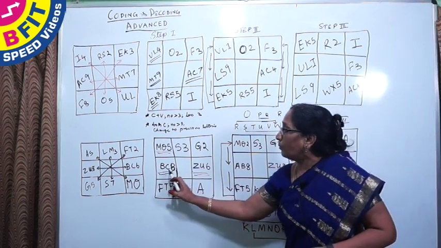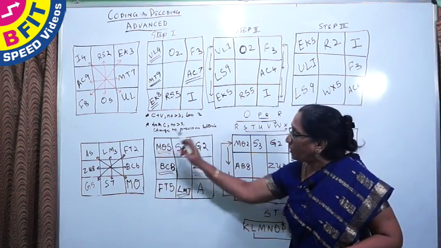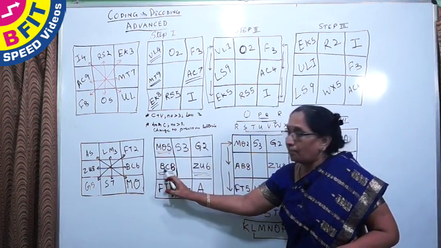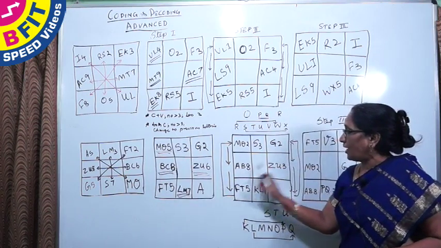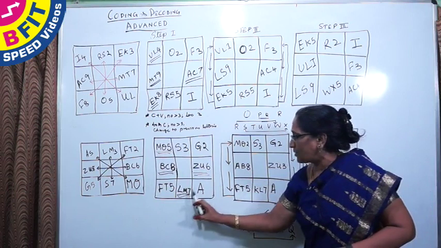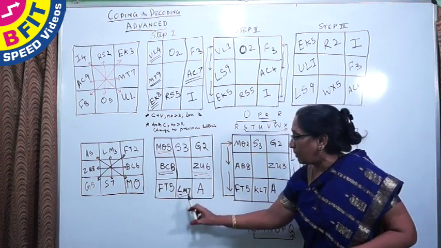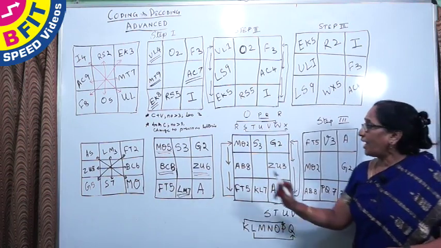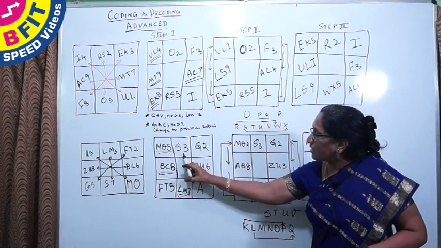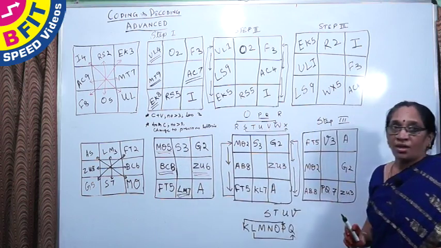BC8 will become AB8 because we are going to write the previous letter. The previous letter before B is A and before C is B, and so we have AB8 here. Similarly, for LM7, before L, the previous letter is K, and before M it is L, and we have KL7. And the other elements are as such. S3, G2 and A are written as such. And now,